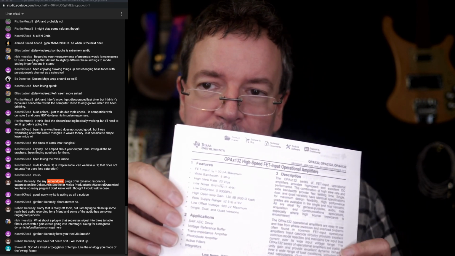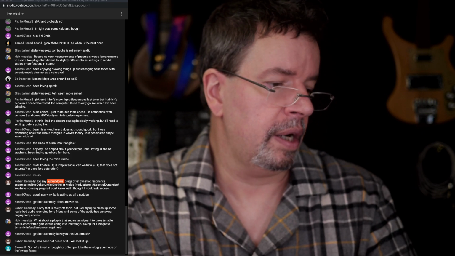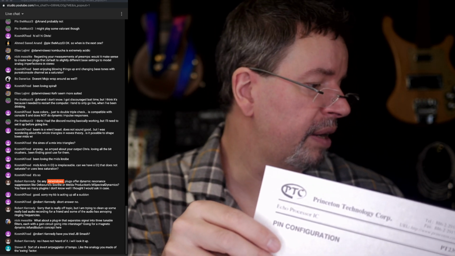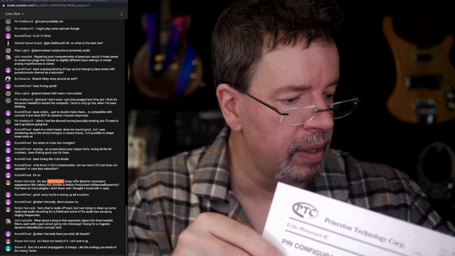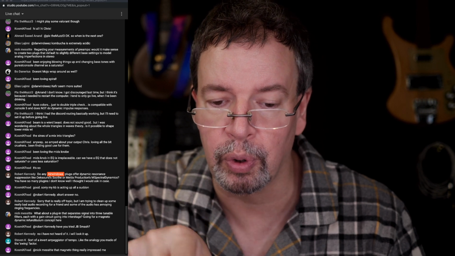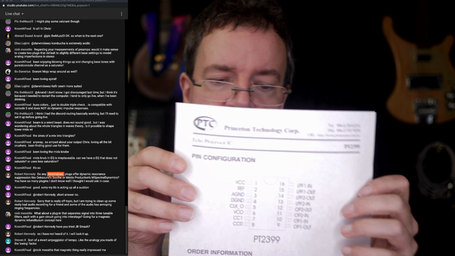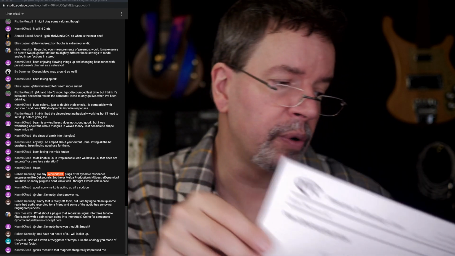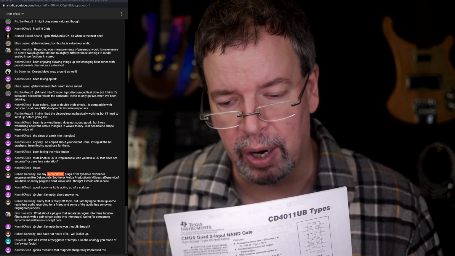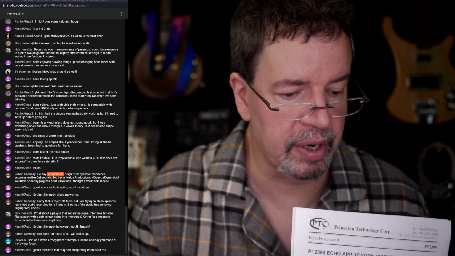OPA-X132 high-speed operational amplifiers. These are the ones that sound super clean. Nothing more to be said about those. TL082, that is very accessible. There's lots of them around. You can get things where you can look up the basic op-amps. You can get a single op-amp or a dual or a quad op-amp for a larger one. And then lastly, the P2399 Echo chip because these are cool. This is very doable. This is very homebrewable. So yeah, I did say CMOS. This is part of what I'm working on. It's important to me. It's one of the things that I want to see happen.